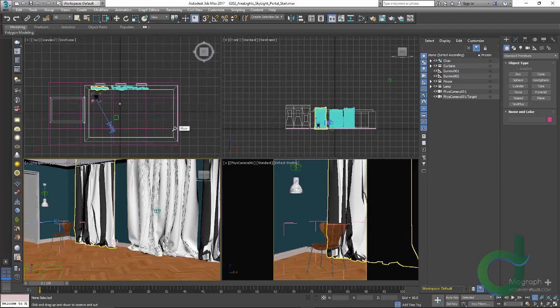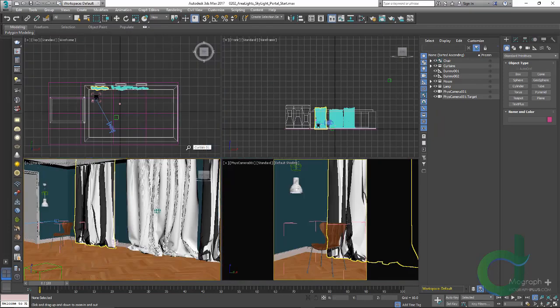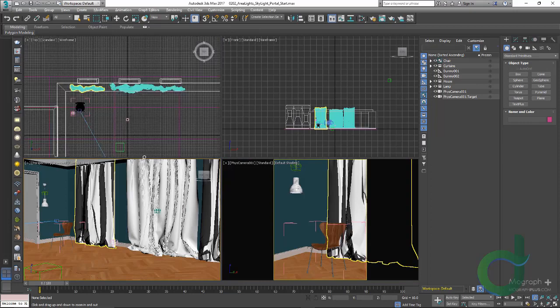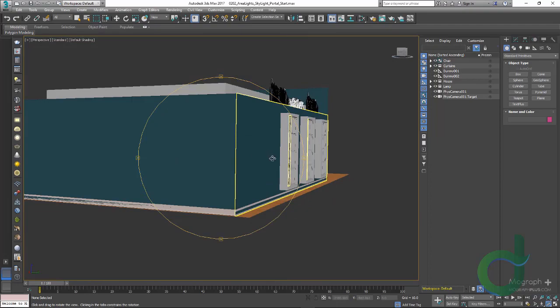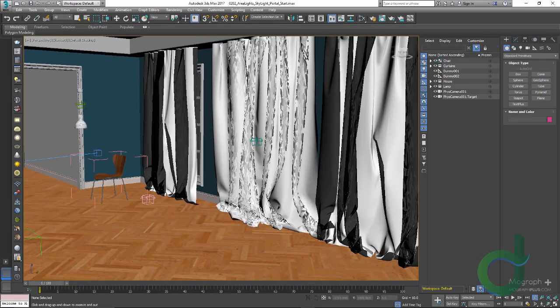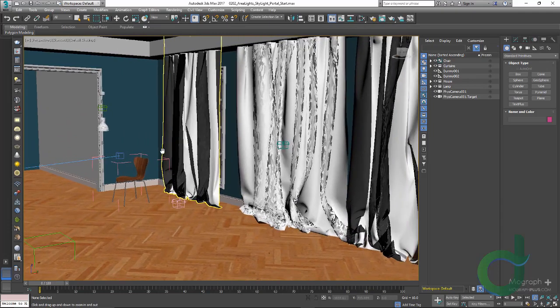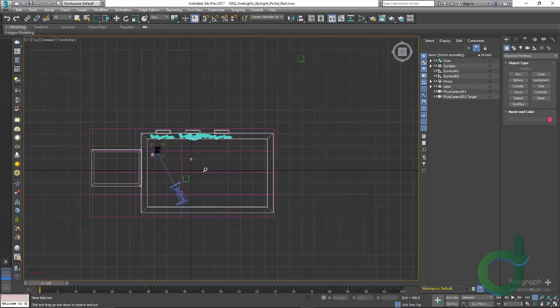So this is the scene we are working with. As you can see, we have a simple room. It has some windows, curtains. We have this chair and this lamp, and also a V-Ray physical camera. I also have these two dummy objects so I can position the sunlight the way I've done in the preparation